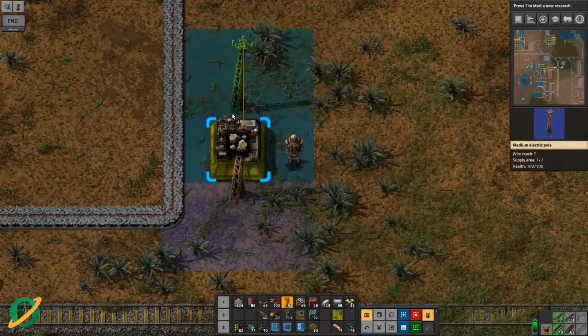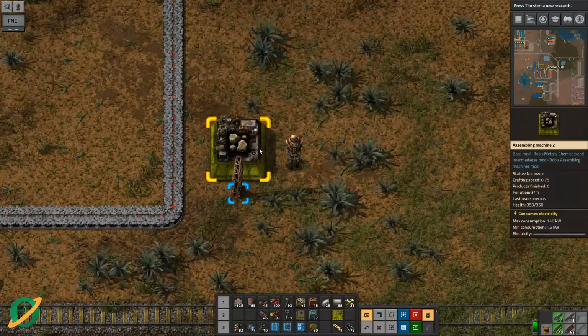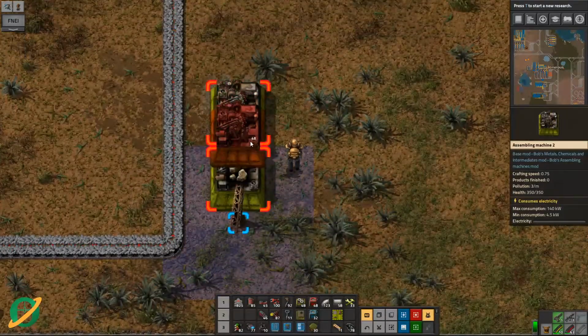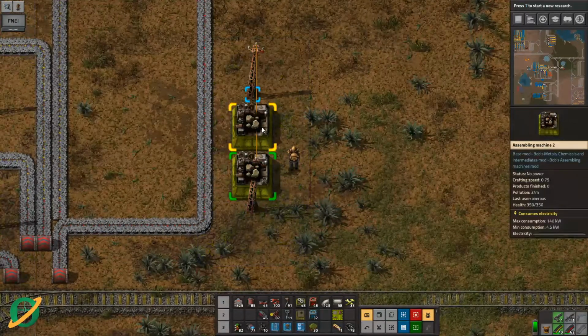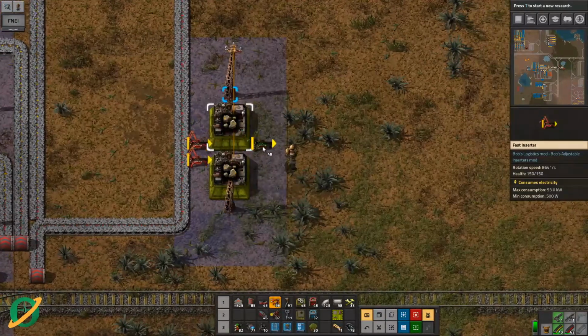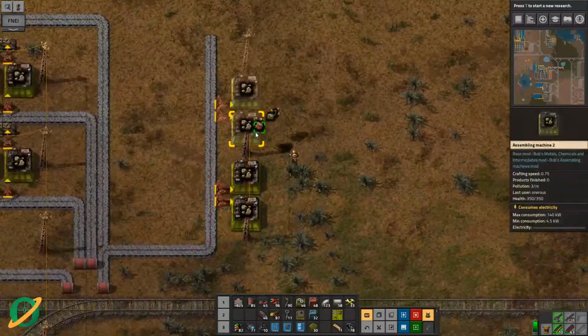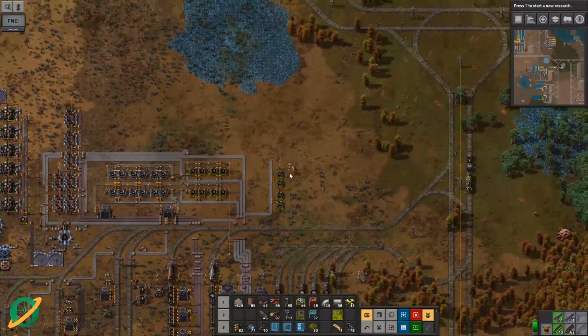And how much does this use? This uses 2 crushed stone every half a second. So 4 crushed stone a second, 0.75 is actually 3 crushed stone a second. We can do 10 of these, sorry. Some fast inserters. Alright, so 10 of these will actually...